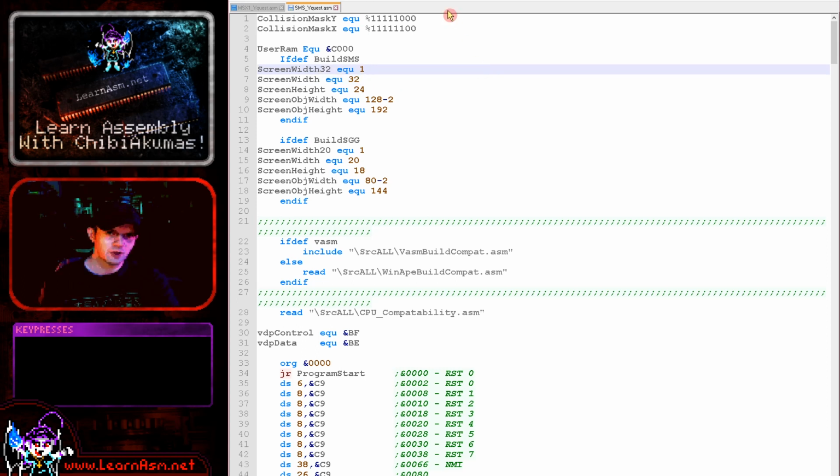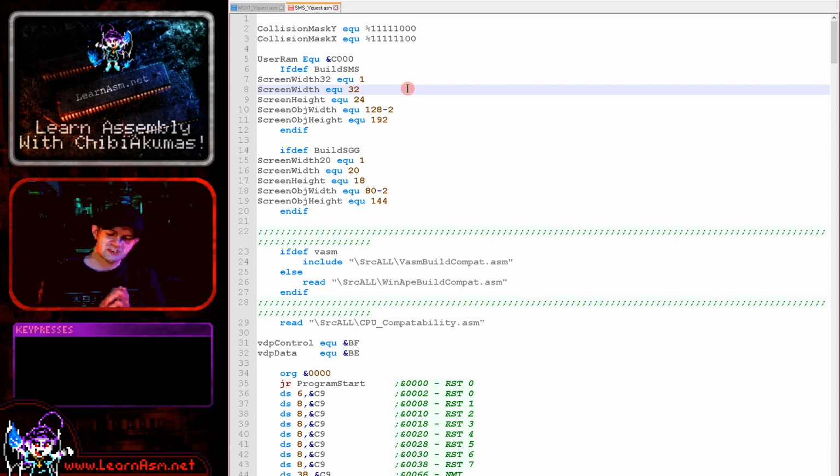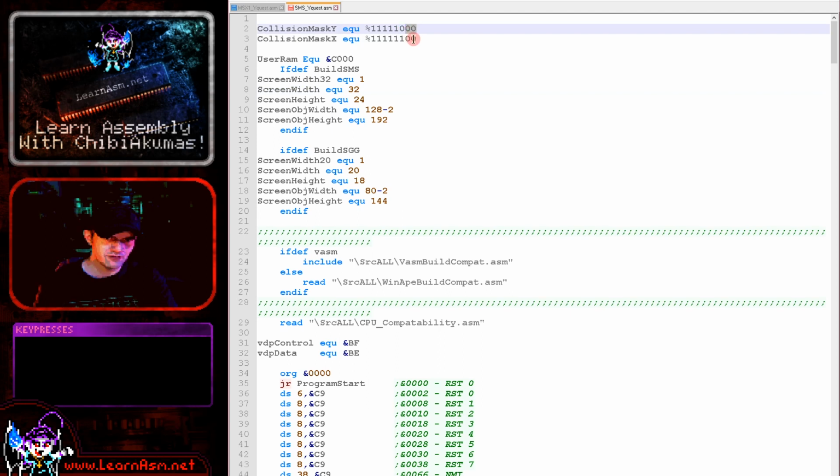Right, the first thing we're going to be covering is these collision masks here. Because we're using a tile map, we're having to limit the position of our sprites to an 8x8 grid. And because of that, some of the collisions might be a little bit iffy. For example, if our sprites were partially overlapping, that would have been allowed on the CPC, but you're not going to be able to tell if they're partially overlapping or not on a system like the Sega Master System. So I'm masking out some bits of the XY position for the collision detection